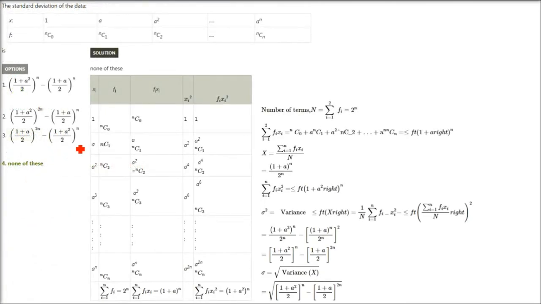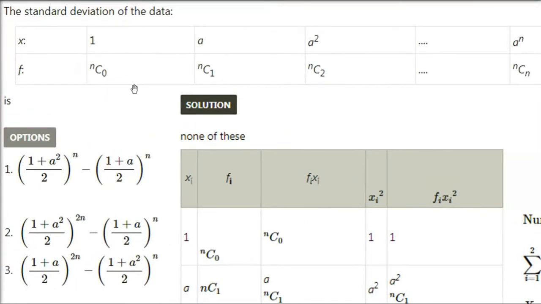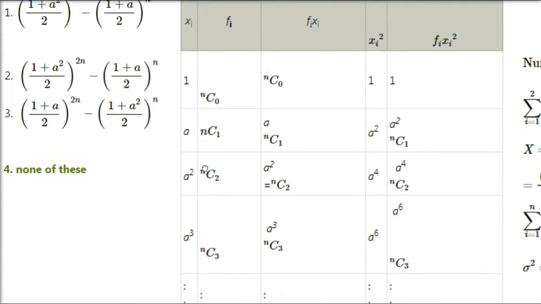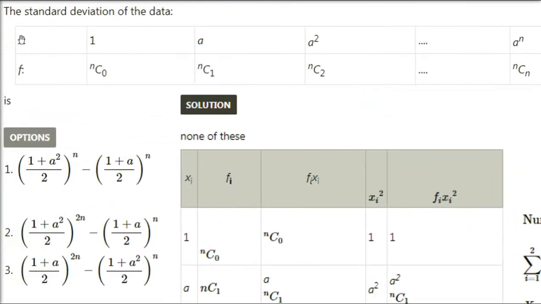Okay, now the next question. Now you need to really concentrate on this question, okay? It will take some time, and I'm going to show it to you here only. So the standard deviation of the data, the x is given and f is given. So the values and the frequencies are given. This question we have already done in the different exercises. Similarly, 7th question and 11th, 12th, all questions we have done. But we'll try to have some knowledge here.